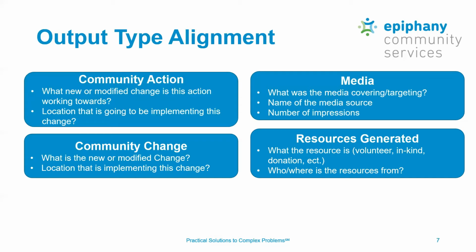So just making sure that that is clear in your description. And then lastly, who or where is the resource from? So making sure that if this is a cash donation, you're putting who it was from. If it is for volunteer time, just make sure that you're putting at least the number of volunteers. That kind of stuff can be really helpful in your description, because like I said, the more specific, the more information we have there, the better your scorer can align your entry and check it, and the better your